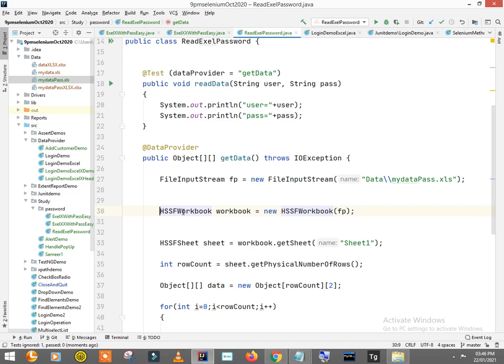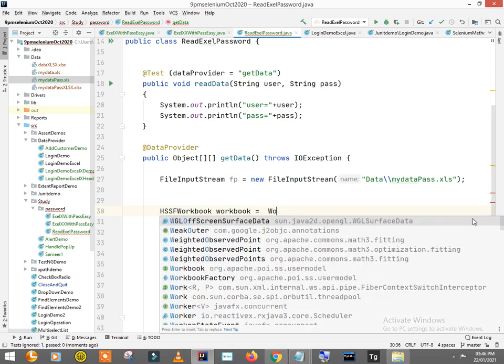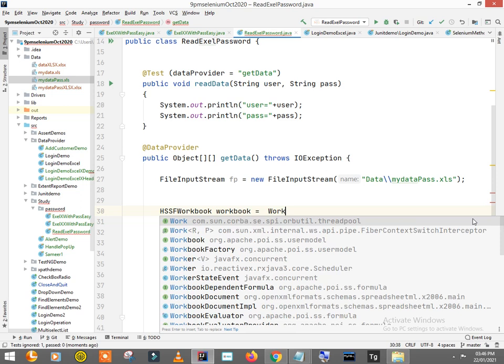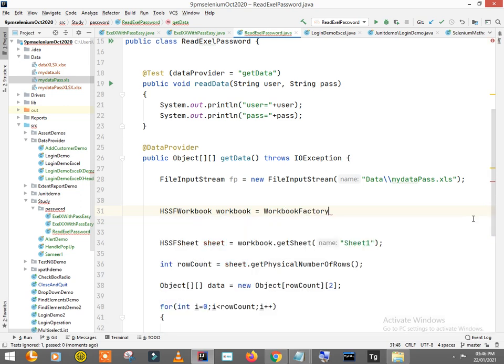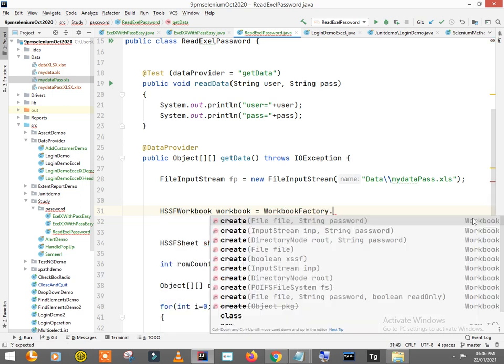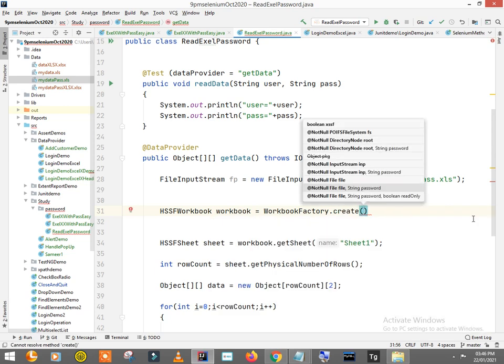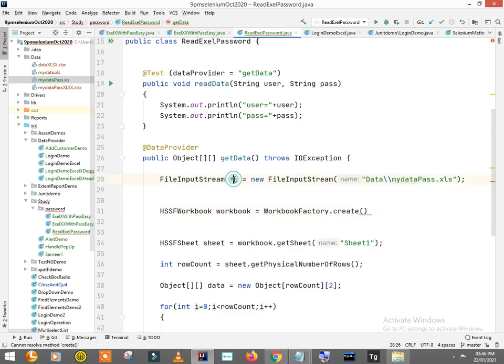So here, instead of HSSF workbook, here I'll write, there is one more interface here. So workbook factory dot create and pass this fp file pointer here. So pass this fp and password of your file, right?